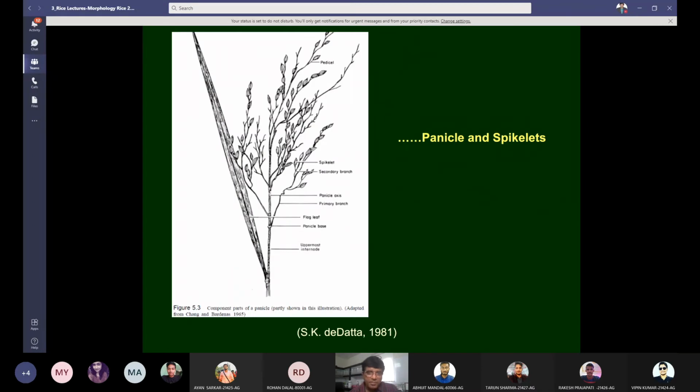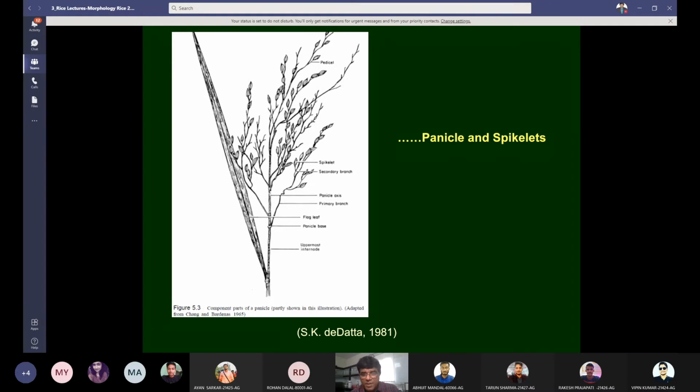Now you see here the structure of the panicle. So it is on the uppermost internode bears the panicle base, or nodal part is there on neck part, and then you see the flag leaf on the left side, and this is the central part is your panicle axis. The main branch or mother branch is your panicle axis, and then it may give rise to primary branches like tiller.